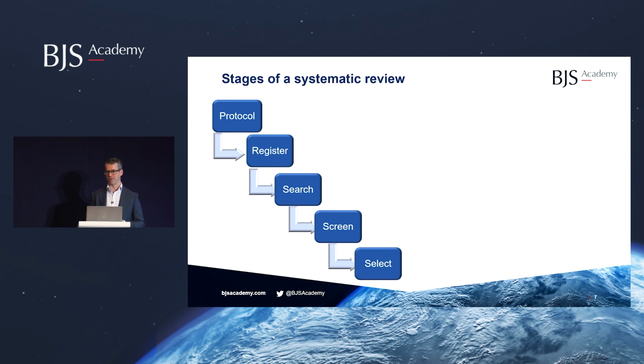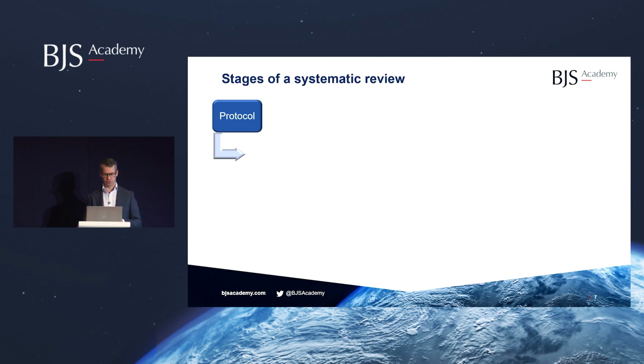So if we have a submission in March and I go on to Prospero and see that it was registered last week, that's not the absolute end of the world, but it suggests that the process isn't quite as it should be, because it's about transparency. It's about saying this is what we're going to do and this is what we've done. If we haven't done this, maybe why not? So register it, do your search,